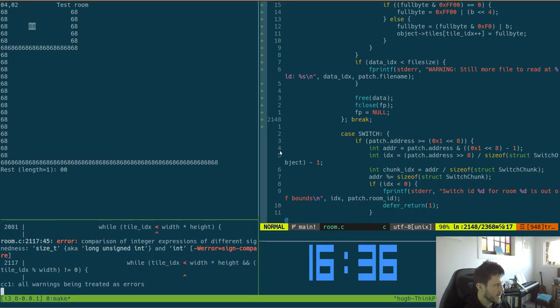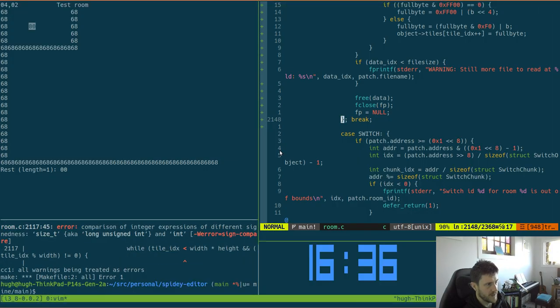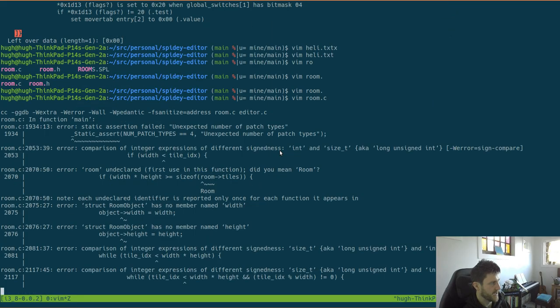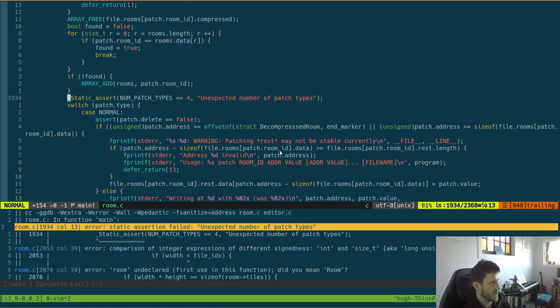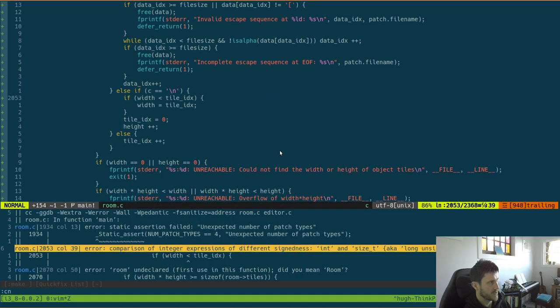Or did we, yeah, we did a little makefile. So if we did this, we can't do something. We added another patch, and this, right. So I guess width